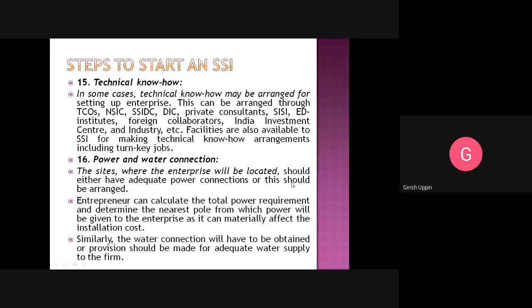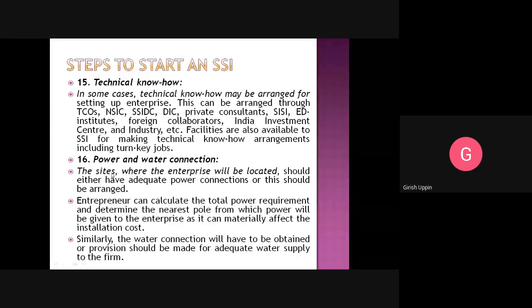Power and water connection. This is about whatever the power requirement and the water requirement is, because some enterprises or industries require a lot of power, and some will require a lot of water. So the entrepreneur has to make sure that the required power is available.